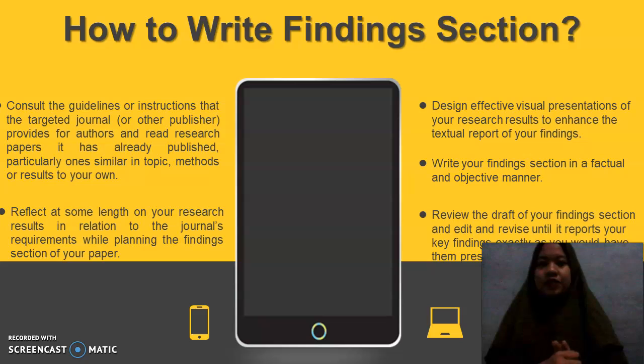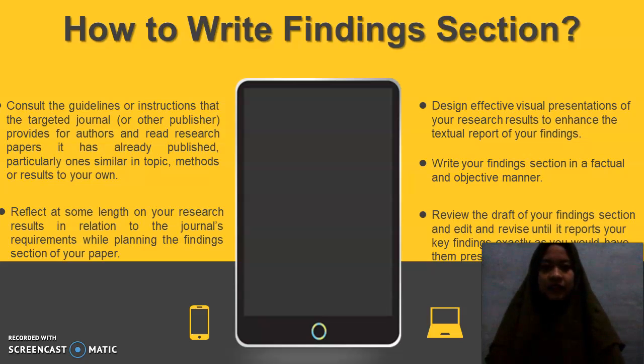Next, number 4 is write your findings section in a factual and objective manner. So it may not be subjective, based on a person or people, but it should be objective and also factual and up to date.